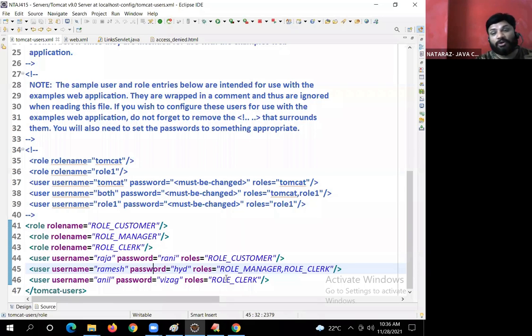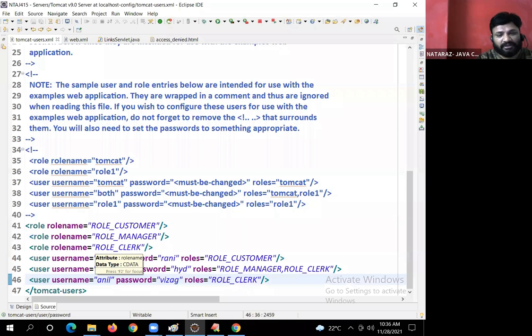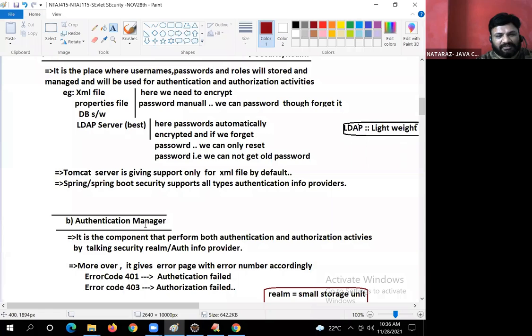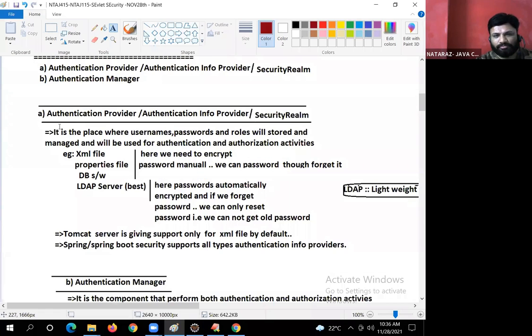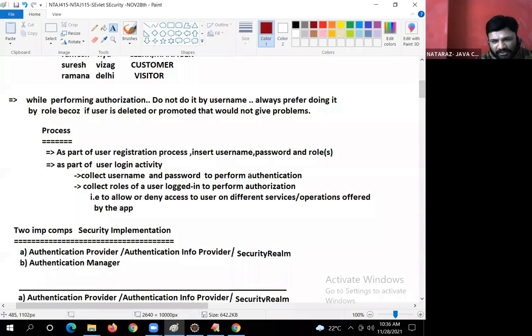Right now, I'm hard coding, but these entries will come dynamically through registration process. That's what I said here. As part of user registration process, insert username, password, and roles. As part of user login activity, collect username, password to perform authentication. Collect roles of a